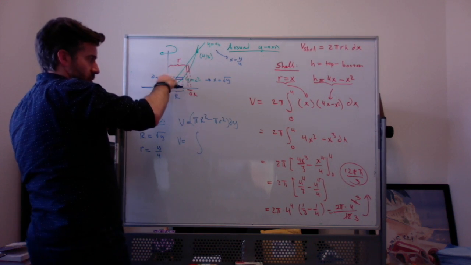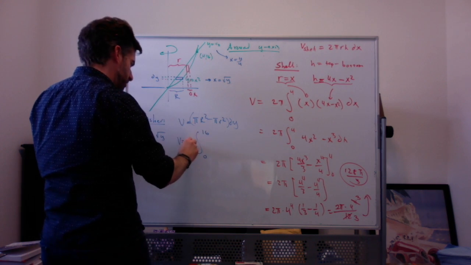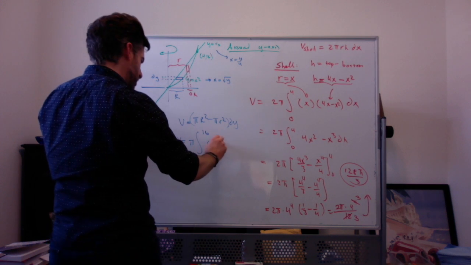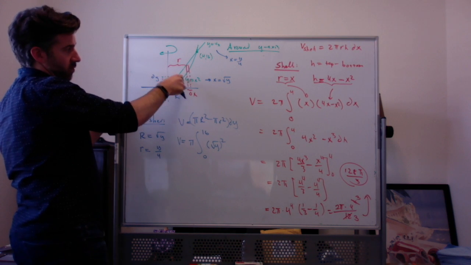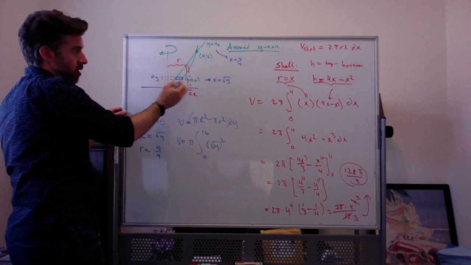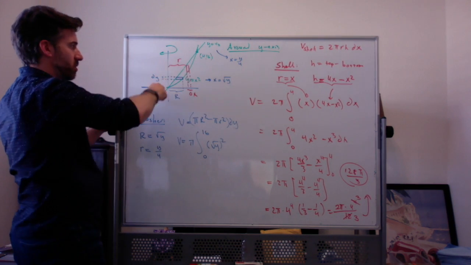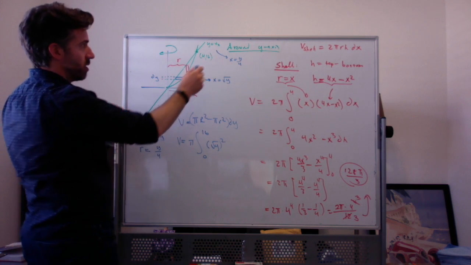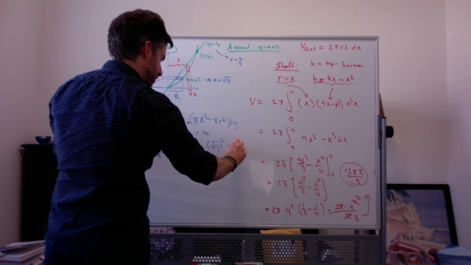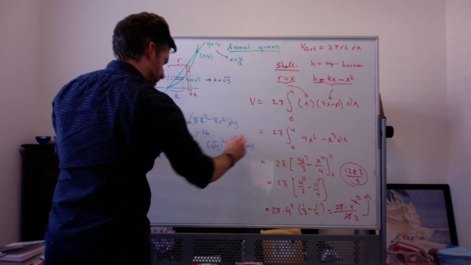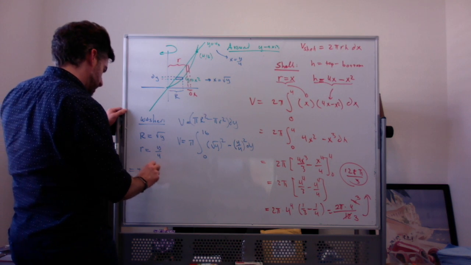Again, we're going from y equals 0 to y equals 16. Factor out the pi. And we have big R squared, so square root of y. I have to change things to be functions of y. The big radius is the function that's further from the axis of rotation, which is y equal to x squared, or solving for x, x equal to the square root of y. And the little radius is the function that's closer, which is y equal to 4x, which becomes x equal to y over 4. Okay, we simplify. So we get pi times the integral from 0 to 16 of the square root of y squared,